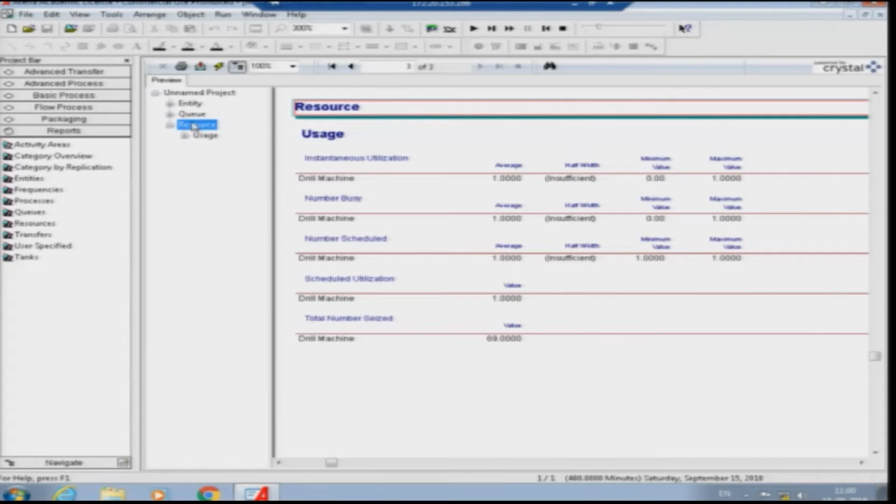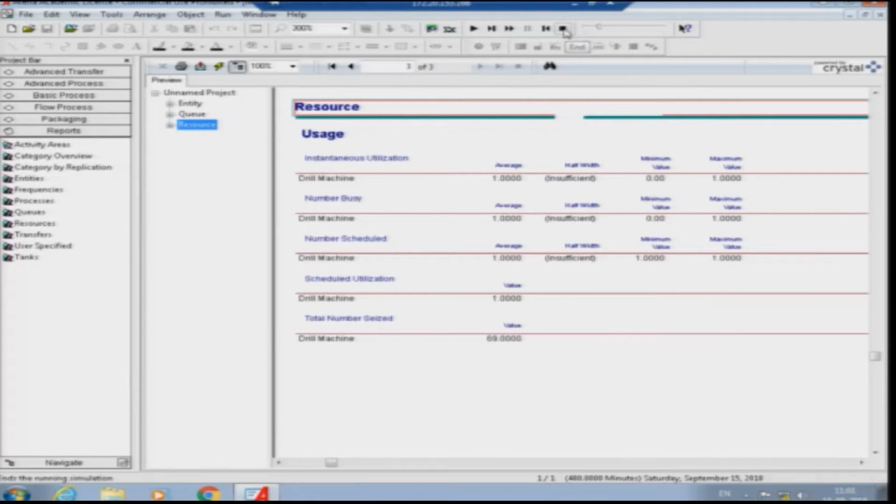Now that we have seen how the simulation works and how a report comes into the picture, the next thing we do is stop the simulation mode, as we are still in it. For that, you go to the top and see this button, and when you move the cursor over the button, it actually shows End.